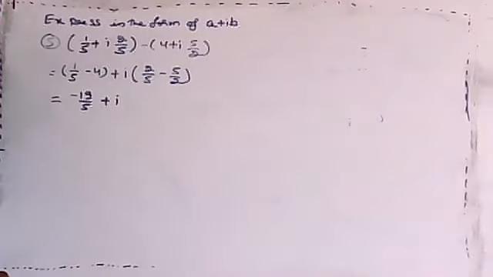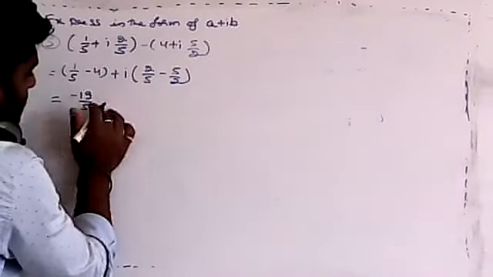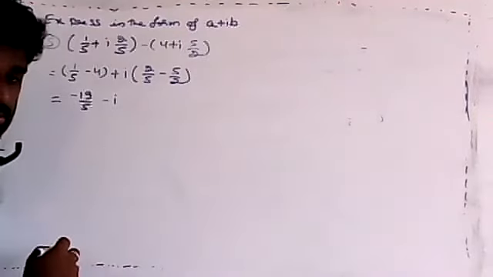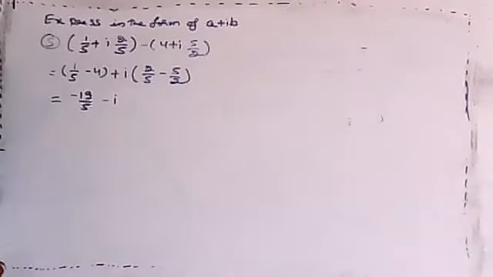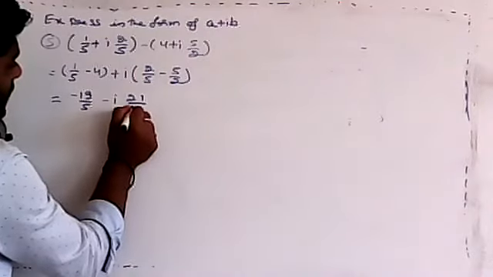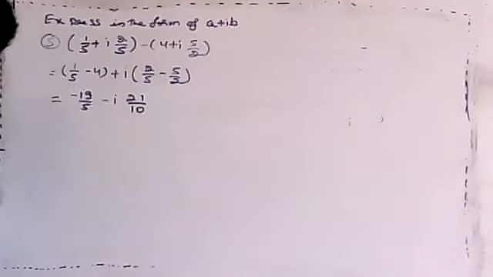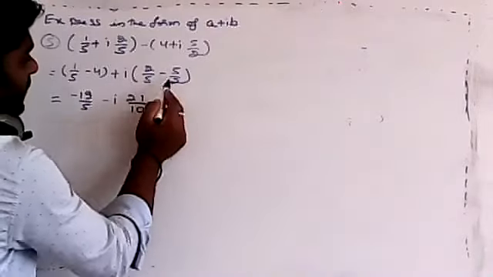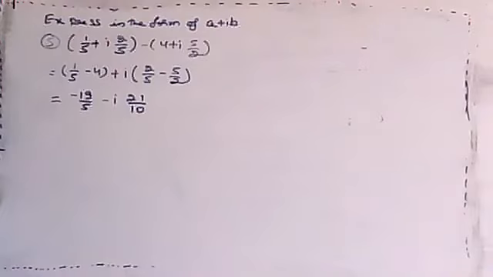7 minus. Just check that one, Prajwal, whether it is correct. Minus I. Yes, Aditi, right, it is minus 19 by 5 minus I, 21 by 10, no? Just check. Correct? Yes, good. Here, 4 and minus 25 is what? Minus 21 by 10. And this one also 1 minus 20, minus 19 by 5. Okay.